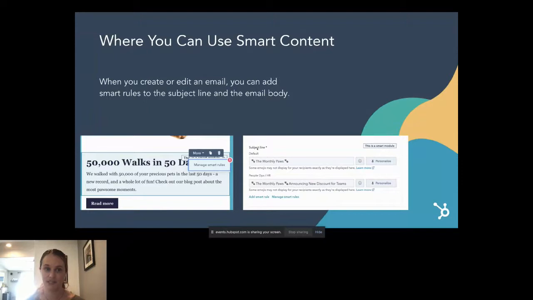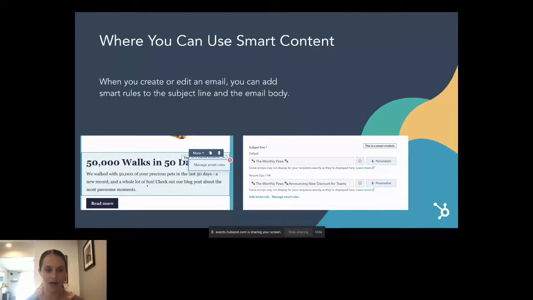Current customers could see text that has announcements of new things to add to the product that they already have, whereas maybe someone that hasn't purchased yet could see more top of the funnel, more engaging information about your basic product.